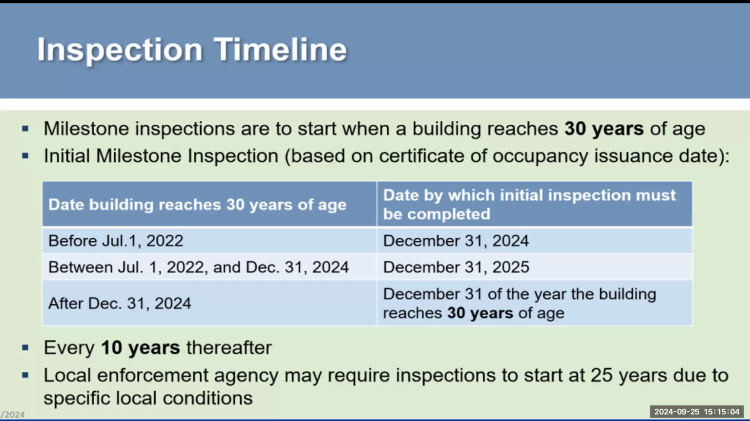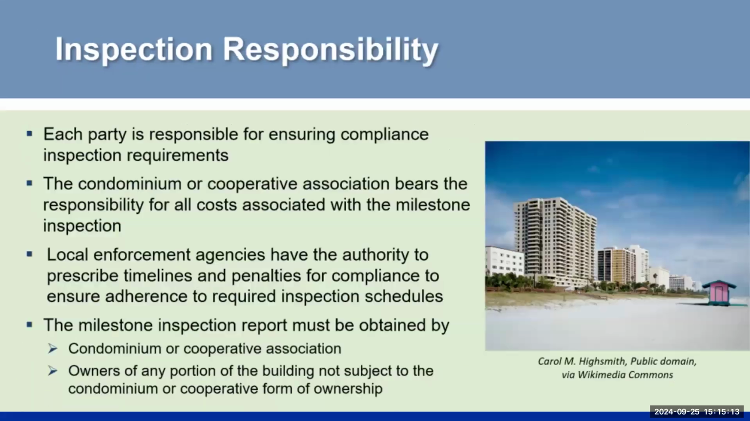A local enforcement agency may require inspections to start at 25 years due to specific local conditions. The inspection responsibility: this is the building inspector, responsible for ensuring compliance. The condominium or cooperative association bears the responsibility for all costs associated with a milestone inspection. Local enforcement agencies have the authority to prescribe timelines and penalties for compliance to ensure adherence to required inspection schedules,